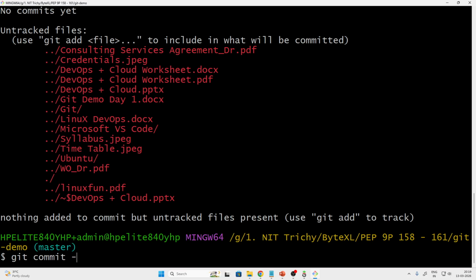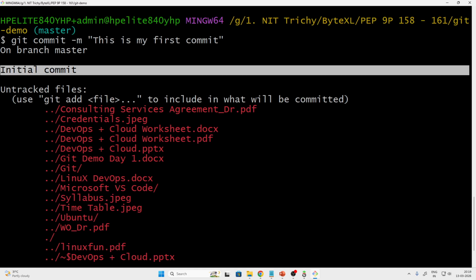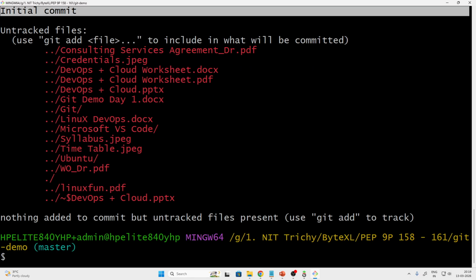So, I will give -m and I am giving some message. When you are committing, you have to give some message, right. So, this is my first commit, some message you can write as per the requirement, number 153, I am making this change. So, when I give that, it is trying to do the commit. See, initial commit, one initial commit has been done, right. So, after this what we have to do,